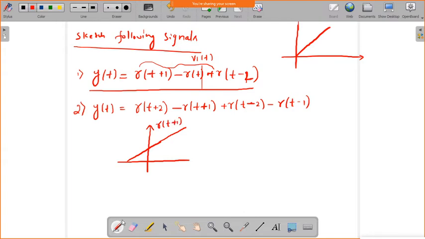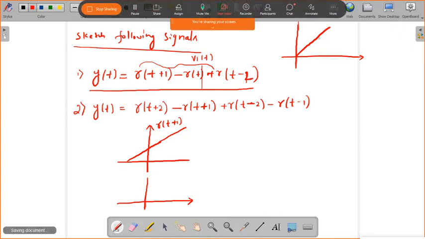Okay, so in a similar way you write down in the downside what is minus r of t. So generally this is r of t, so if you reflect it you will get this one as minus r of t. Okay, so this is plus r of t and you will get the reflected version minus r of t. So now this is your minus r of t.